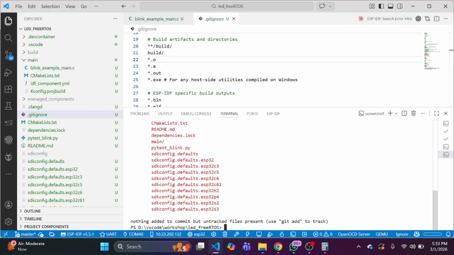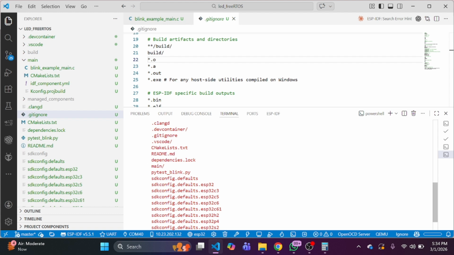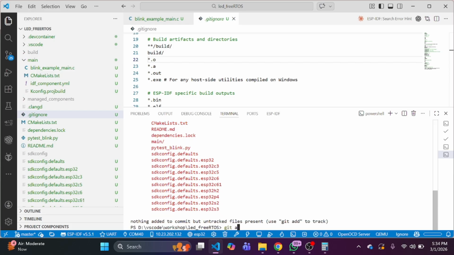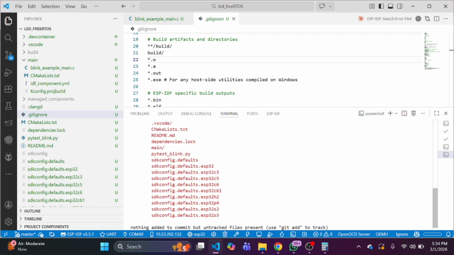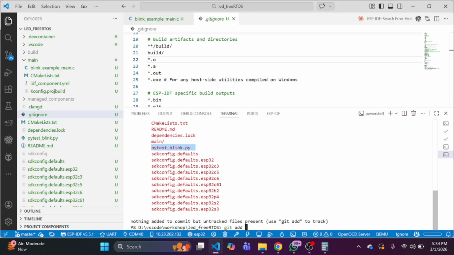doing the commit. First of all, let's say I want to add only a single file. I don't want to put every file onto GitHub. Let's say we are assuming, as a project we have to put the complete file, but let me assume that there is one file that I want to only put on GitHub, or I want to add into my cart only a single file. Then what I will do, let's say git add, and for example let's say I want to add this file only. So what I will do, git add file name pytest,